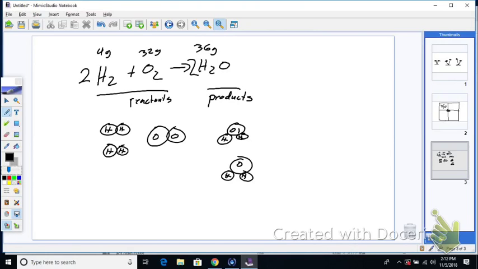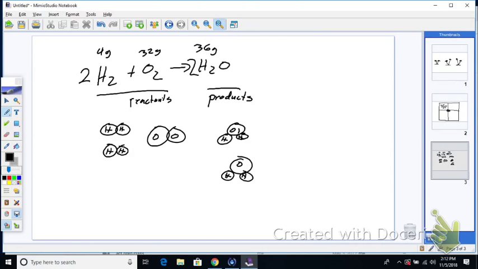Because you're not weighing them out. All you're doing is counting. So there's 2 ways you can look at it. If you're given the weights, they should equal. If you're just given the actual formulas, you know you've got to count them out. Okay? And then for the bottom portion, if you just want to go ahead and write this out, this